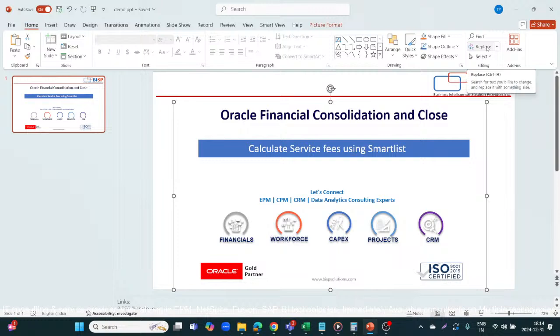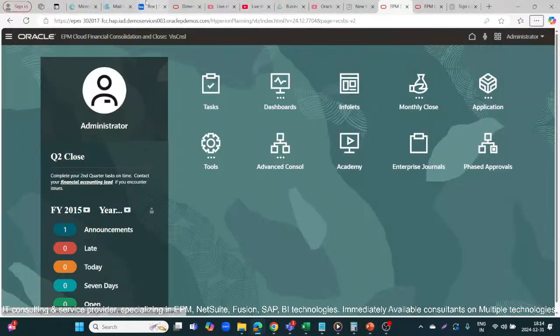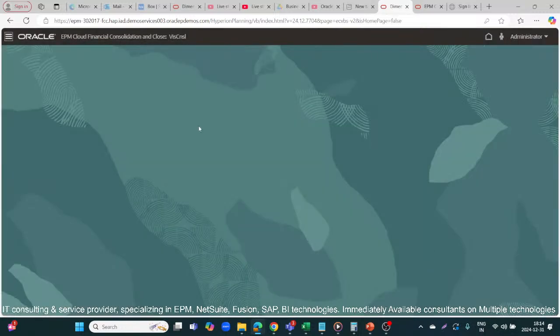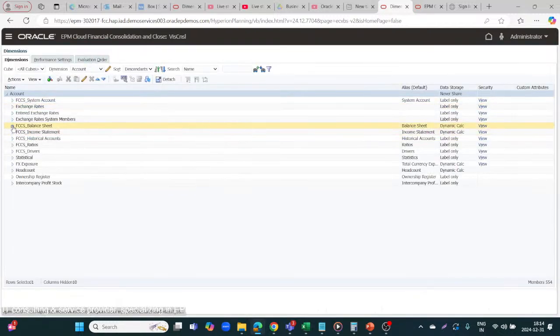So yesterday we were seeing how to calculate the service fees and we were getting some errors. So let's resume with that rule. So we'll see how to calculate the service fees using the smart list. Coming to the application, if we see in the account dimension,